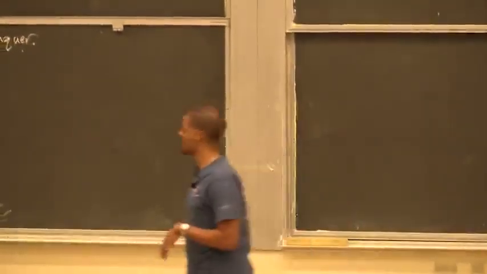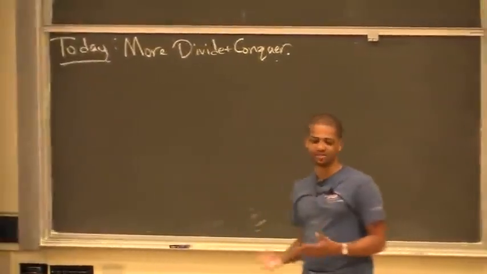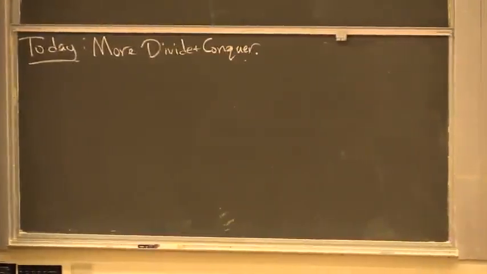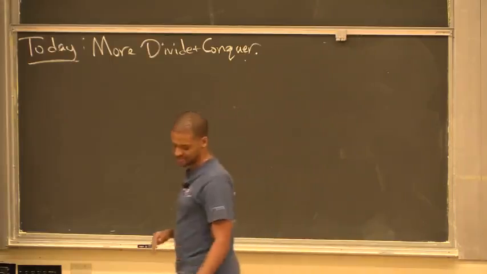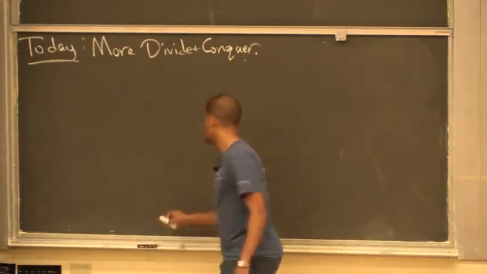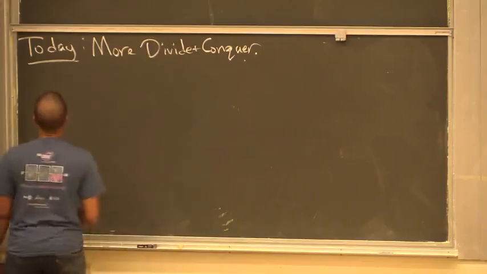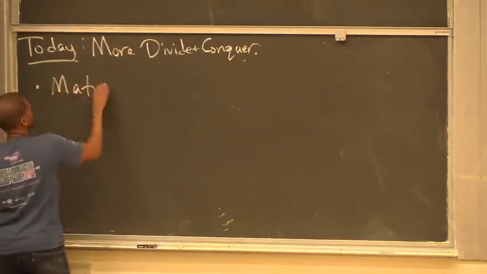So if you got exhausted with all the arithmetic on Thursday, you don't really need to do that arithmetic. There are shortcuts based on just looking at these 3 cases for p. Anyway, you'll have some practice with that on homework 2, problem 2b. So today I want to talk more about divide and conquer. I started to introduce one of the problems last time. Specifically, we're going to discuss matrix multiplication,